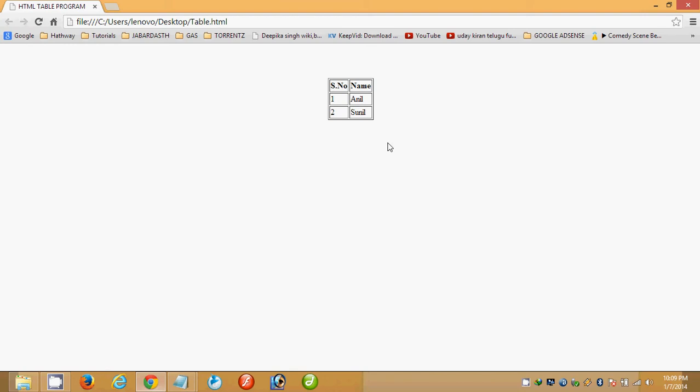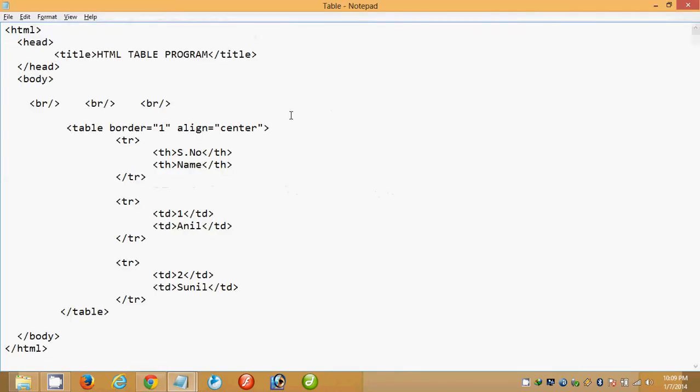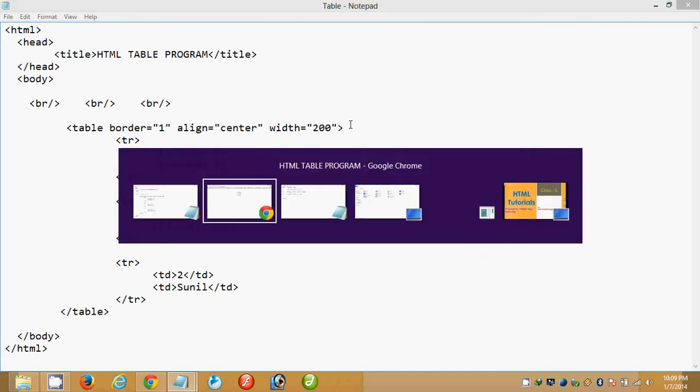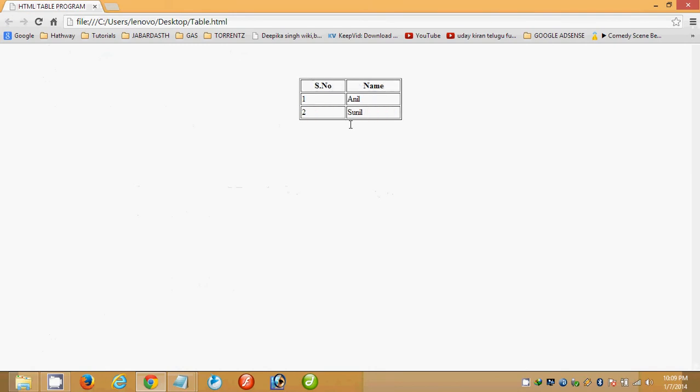Now also we can give width for the table by using the width attribute. Width equals 200.